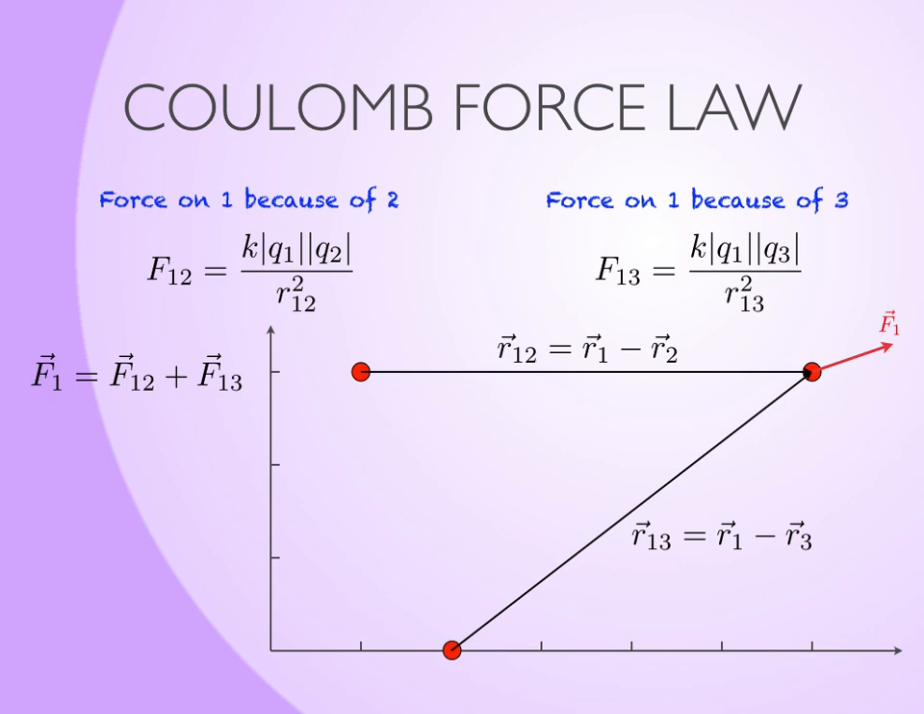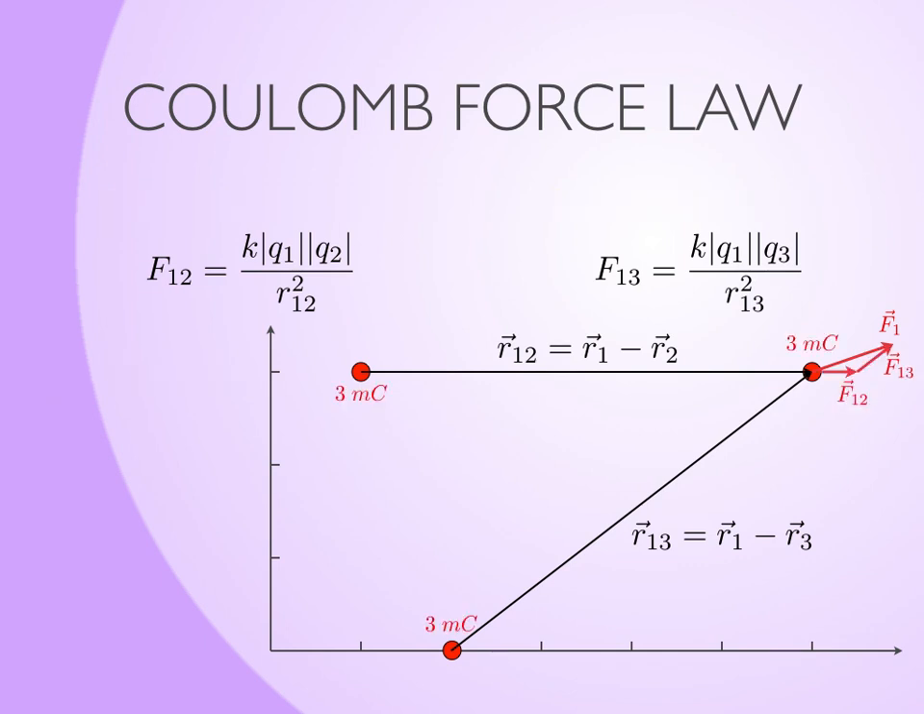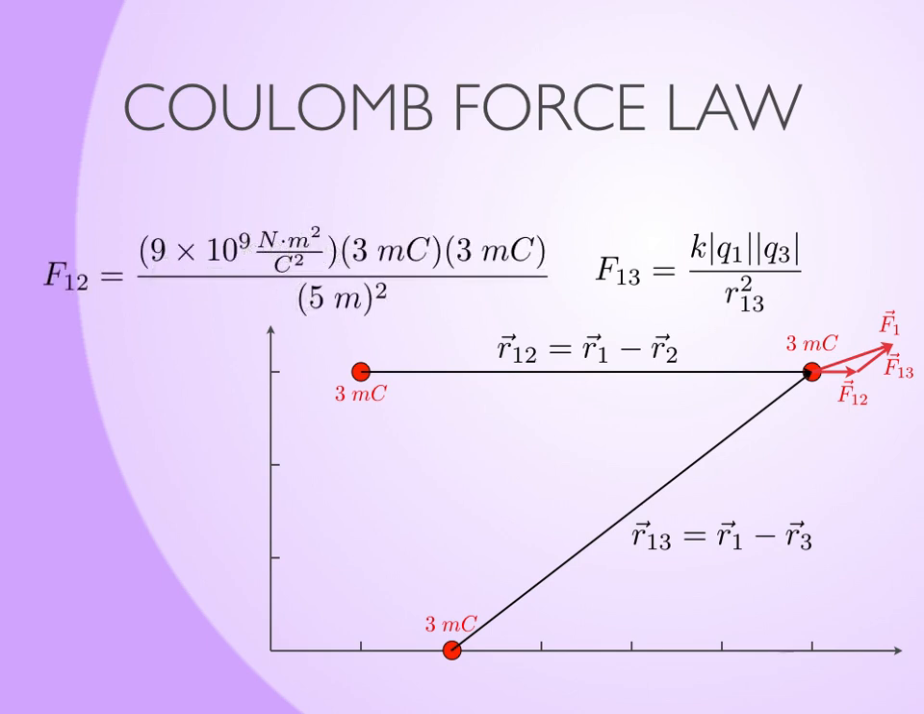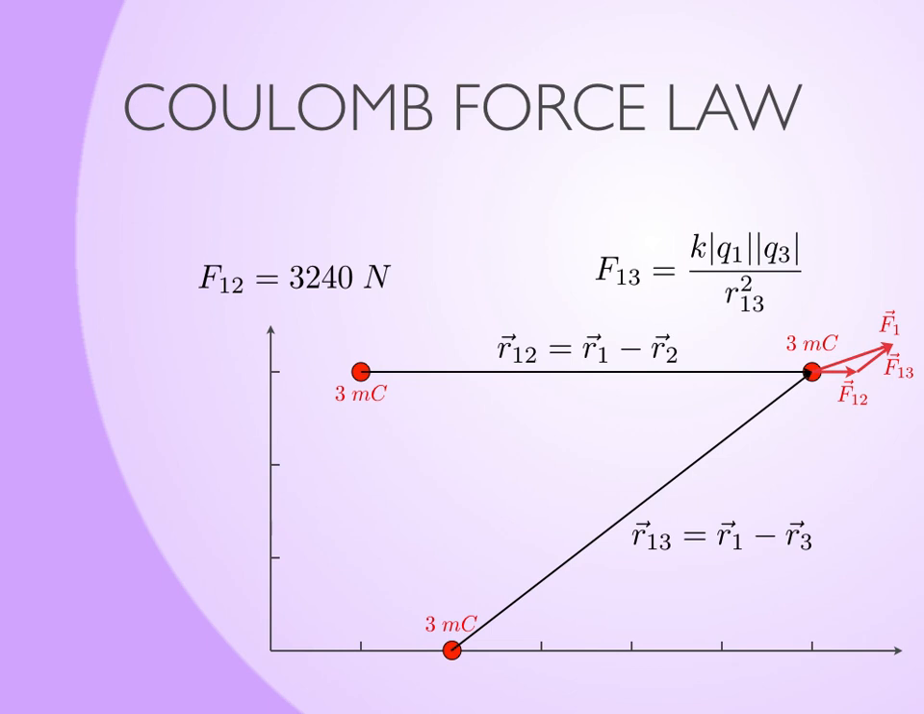So let's treat this a little more carefully. I know how big F12 is and how big F13 is. Let's put some charges on here. Let's say each one of those guys is 3 millicoulombs, and I'm going to say that the tick marks on my axes are each 1 meter apart. So the top two charges, 1 and 2, are 5 meters away from each other. When I plug those numbers in, I have K equal to 9 times 10 to the 9, times 3 millicoulombs, times 3 millicoulombs, divided by that 5 meters squared, and what I should get out of that is 3,240